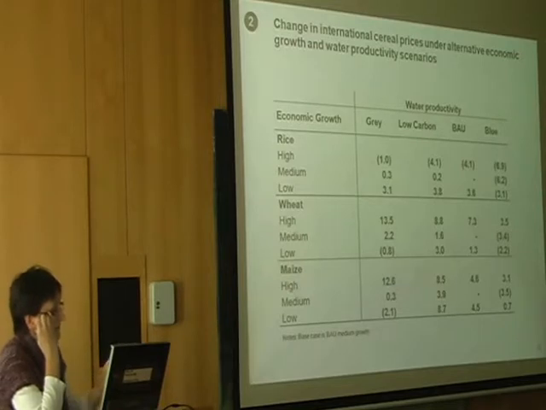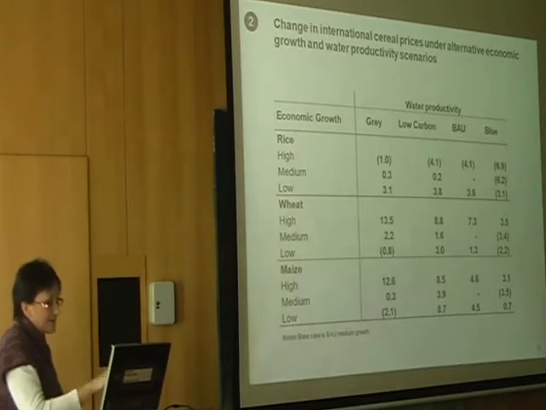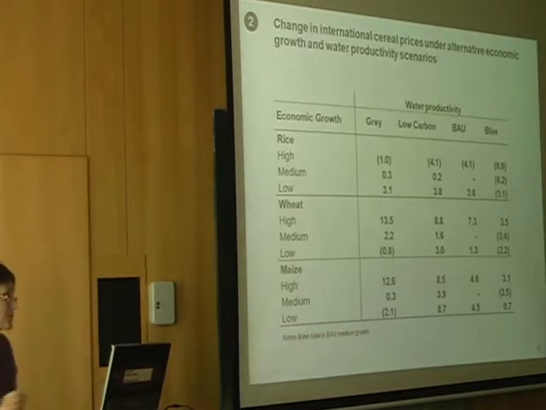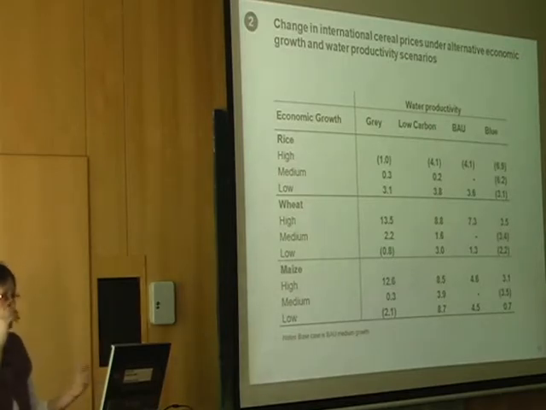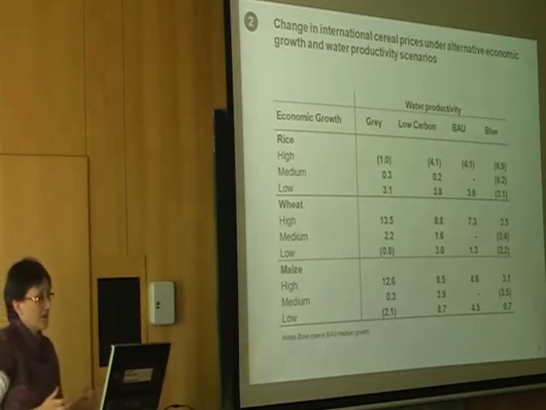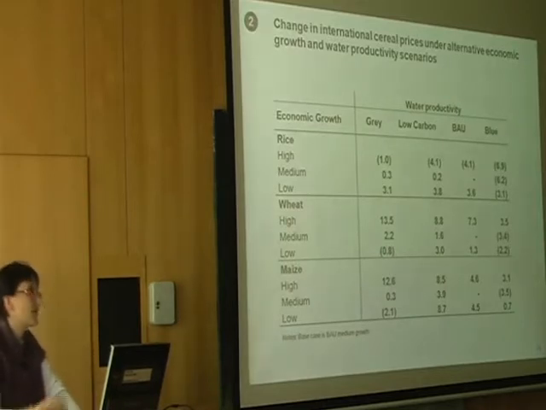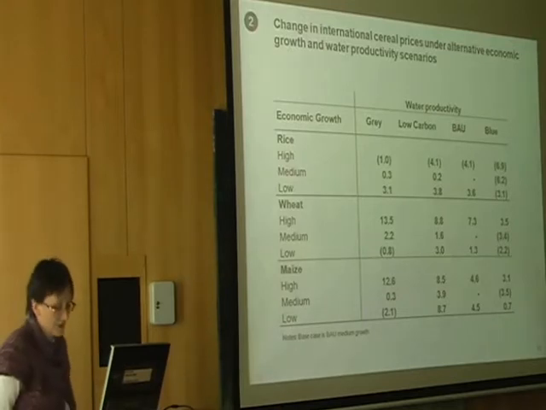in rice prices compared to the BAU medium growth. And when we move towards the left, low carbon gray, we generally see an increase in food prices. The low carbon scenario generally has higher prices than the BAU because we have biofuel production in there, so more biofuel production compared to the BAU scenario. But we also see shifts at different economic growth rates. We see dietary shifts, with rice becoming less interesting and wheat and maize increasing in relative desirability. So we also see those internal shifts happening at the same time as a result of economic growth. So it's a mix of factors affecting the final food price outcomes